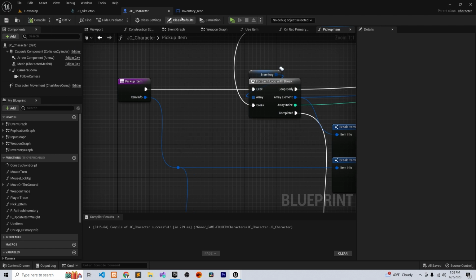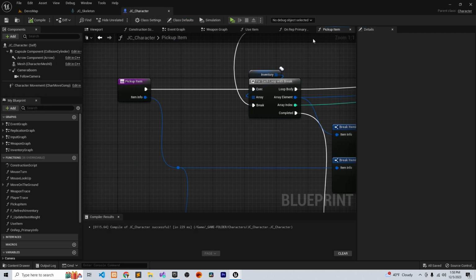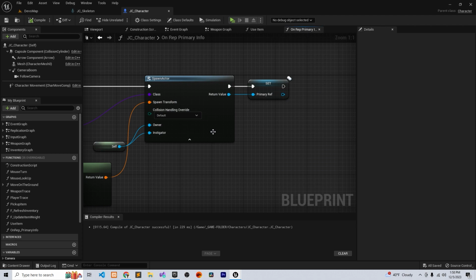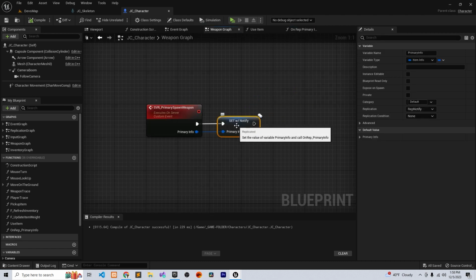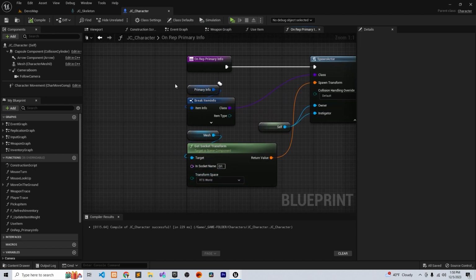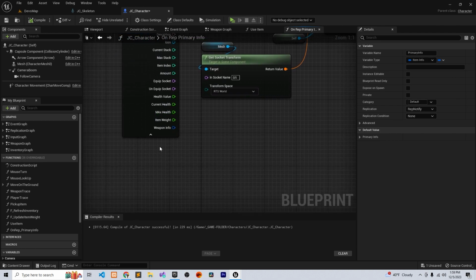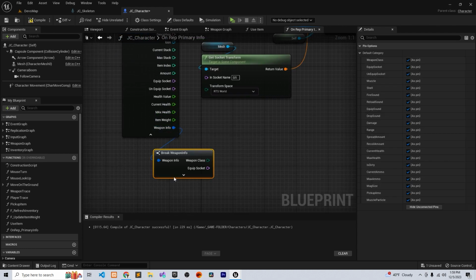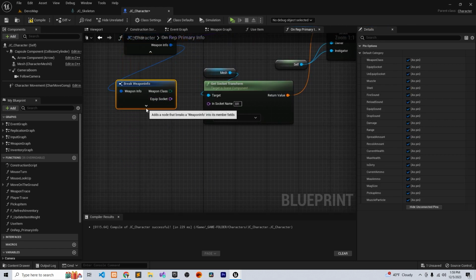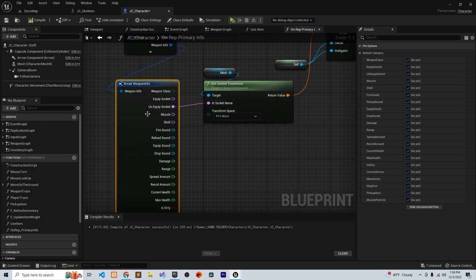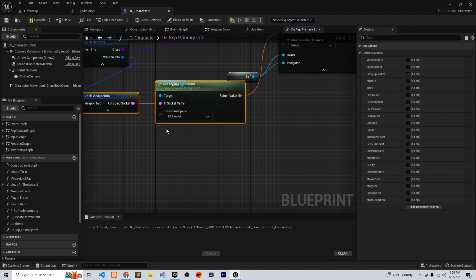Okay, so back to the on rep notify, for the primary weapon, right? If you double click this, on rep notify. Now what we need to do on the item info where we break it, we need the weapon info. We're gonna break the weapon info, hide unconnected pin, and we need the unequipped socket. Okay, so we need the unequipped socket, and then